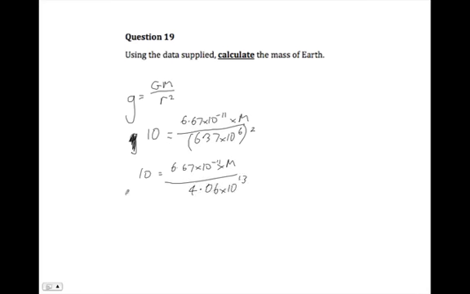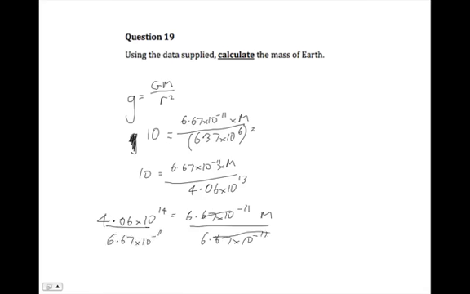Multiply both sides by 4.06 times 10 to the 13 gives us 4.06 times 10 to the 14 equals 6.67 times 10 to the minus 11 M. Divide both sides by 6.67 times 10 to the minus 11, and that gives you a very large mass of 6.09 times 10 to the 24